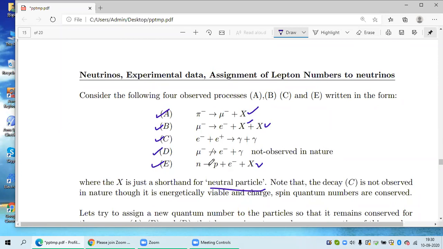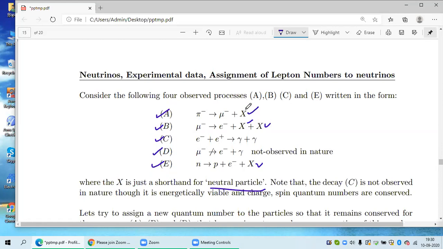Now, to start with, we don't know whether they are the same, or whether there are two different kinds of neutral particles, or four different kinds, or a single neutral particle appearing everywhere. To start with, we don't know experimentally. We don't see the track of the path. They have no charges, so it is very difficult to detect them. Distinguishing them is far more difficult.